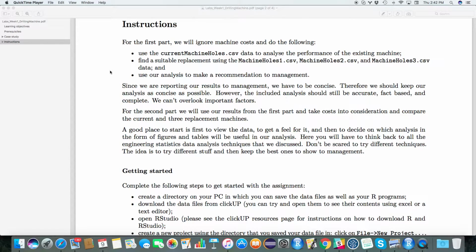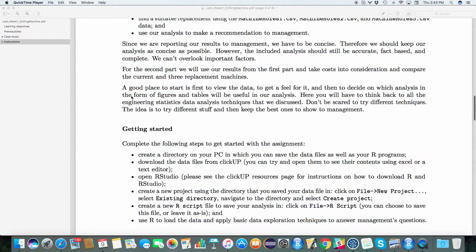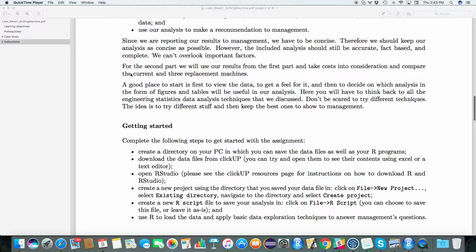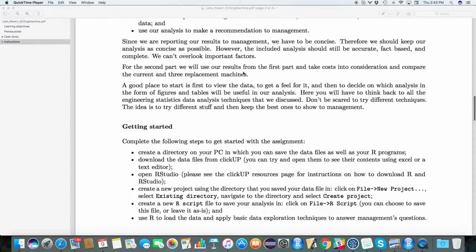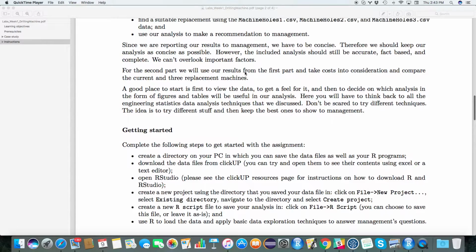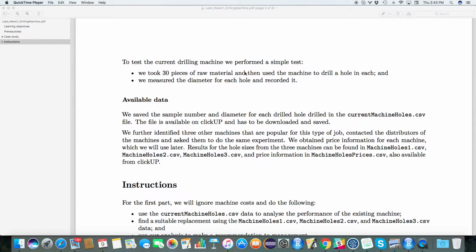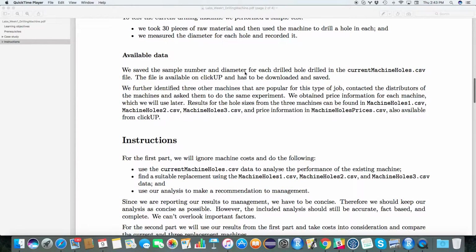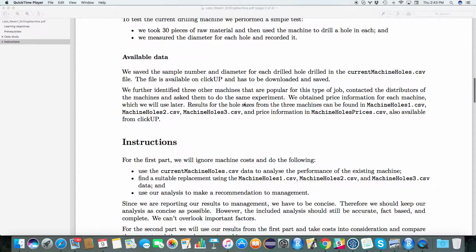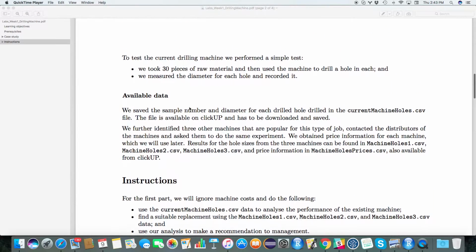Okay, so thus far we've looked at pretty much everything up to a year, and here in the instructions, I give you a second part. For the second part we will use our results from the first part and take costs into consideration and compare the current and the 3 replacement machines. So just to take you back to the data, we have the results for the hole sizes, but we also have